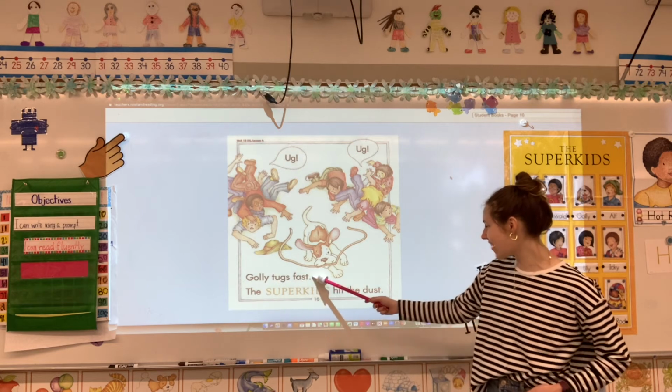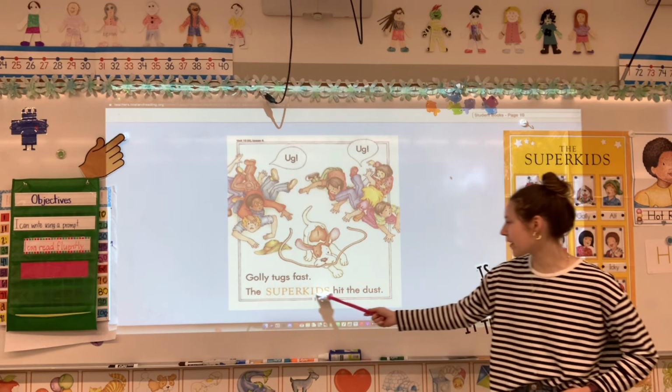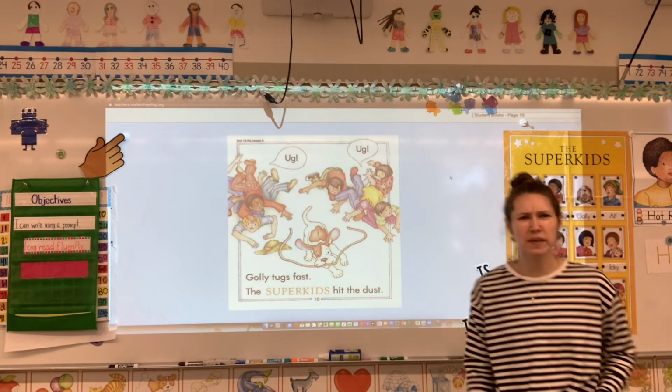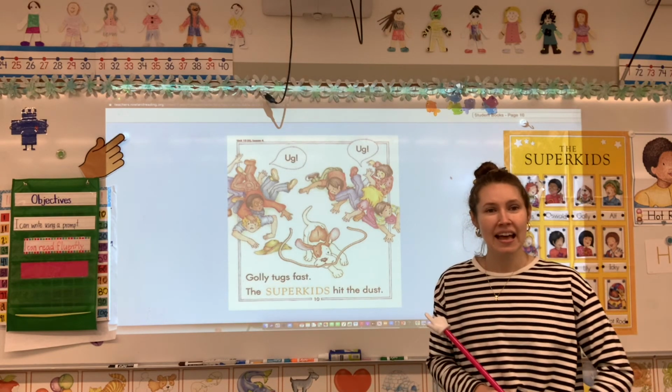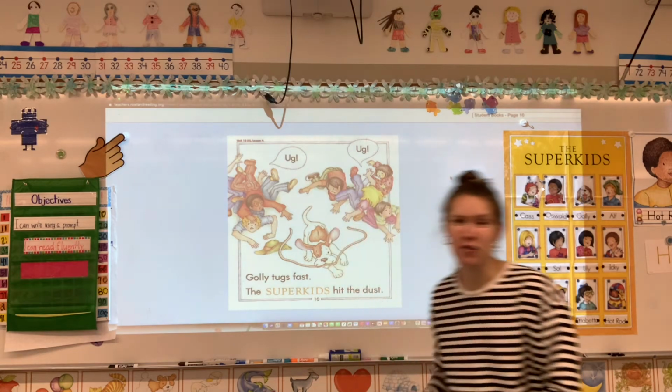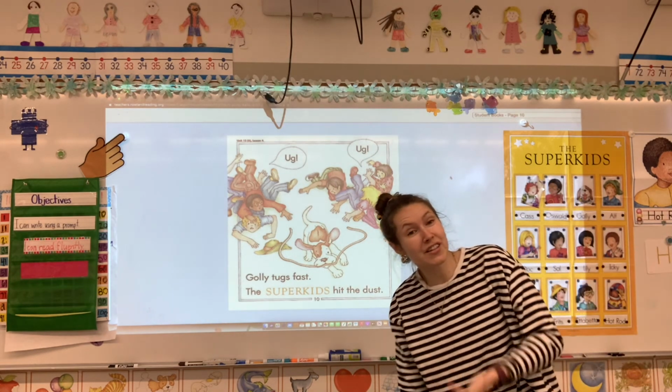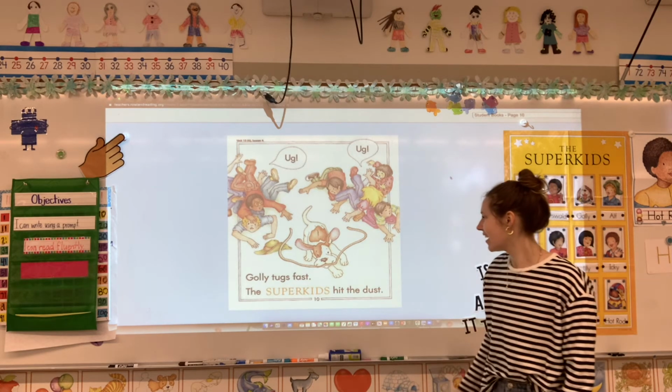Golly tugs fast. The Super Kids hit the dust. Hit the dust. What does that mean? It means that they fall down. They're not actually hitting dust with their hands. They fall down onto the ground. They hit the dust. And it looks like